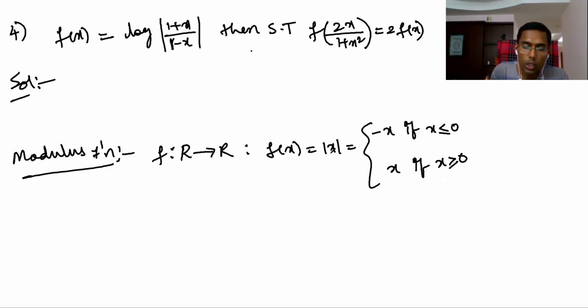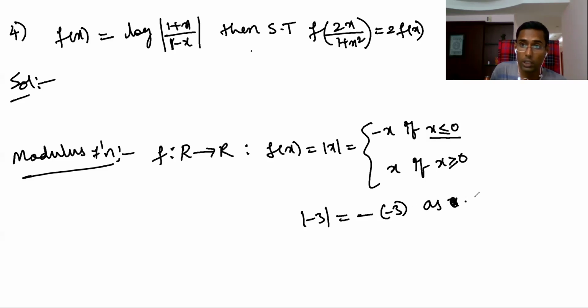So what is this modulus function? Modulus is simply the absolute value of x. Absolute value means we take only the positive value. It's like distance, area, volume; it cannot be negative. Therefore we keep either positive or 0. For example, mod of minus 3 is only plus 3. Why? Because x is negative here. X value is minus 3.